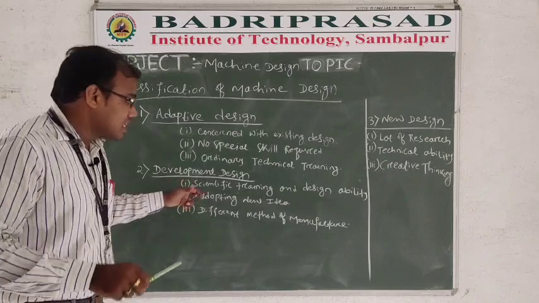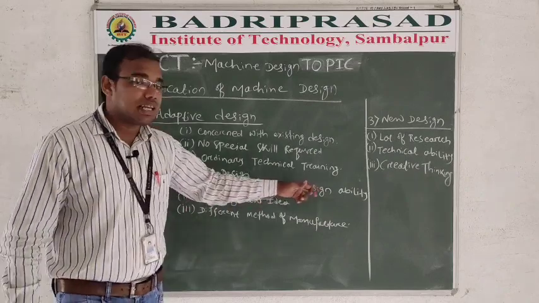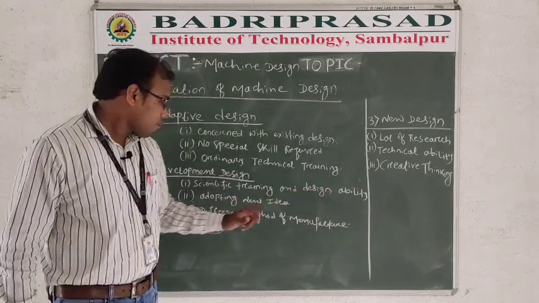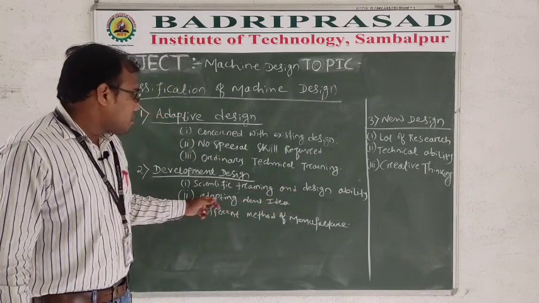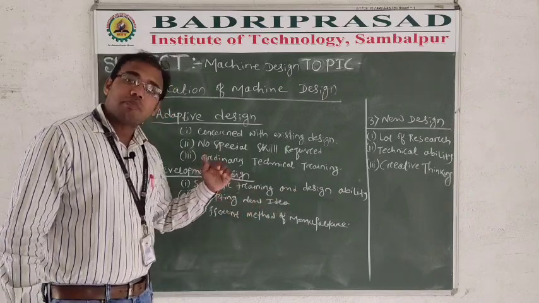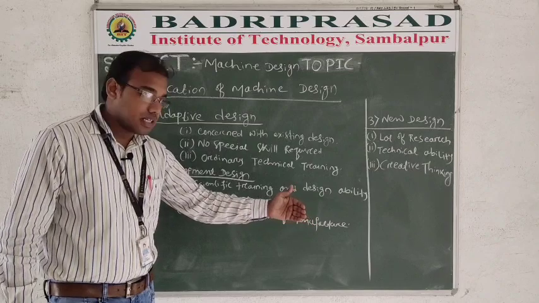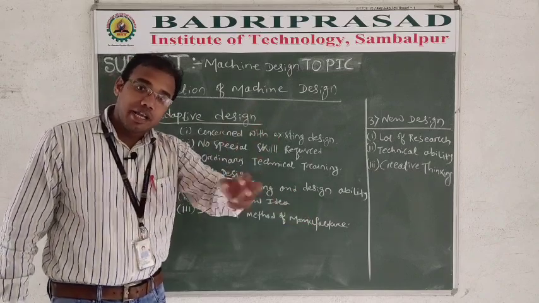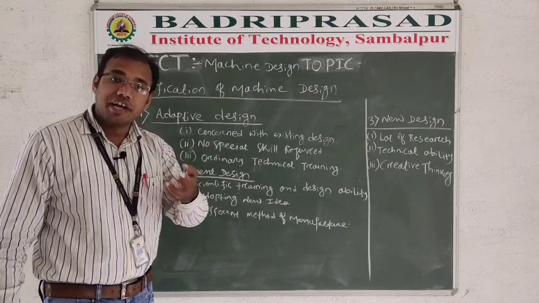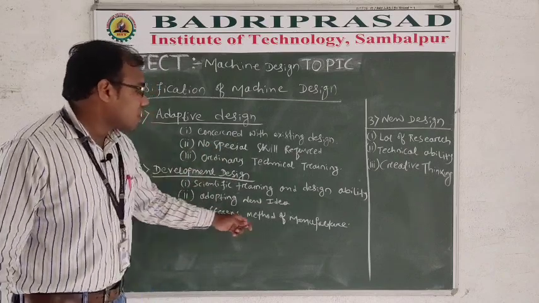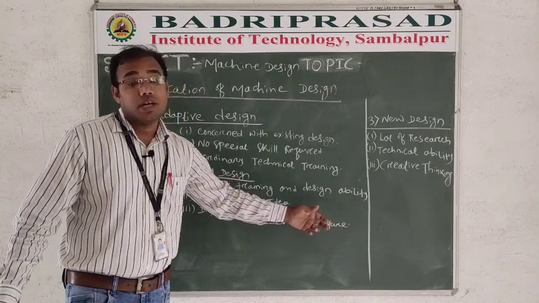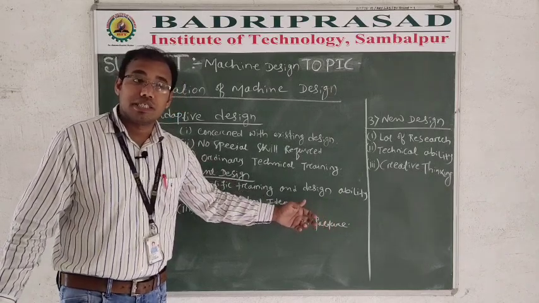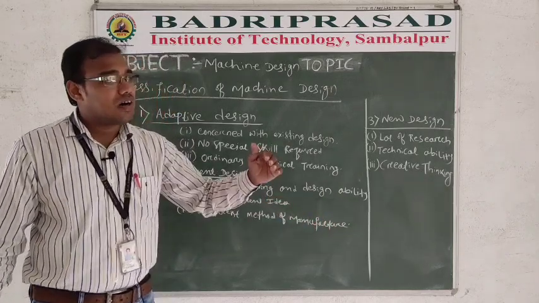Okay, that scientific training and design ability is required, right? And adaptive new ideas: you are adopting a new idea, right? Some you will research from other companies, other parts, other materials, and you adopt some new technology, new ideas also. And a different method of manufacturing, you may take a different method of manufacturing because you think that the machine,